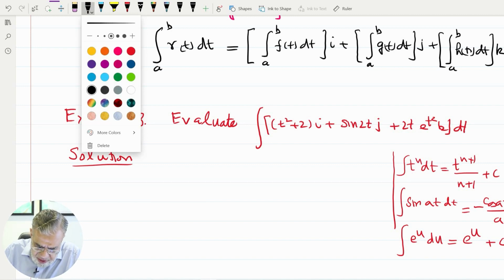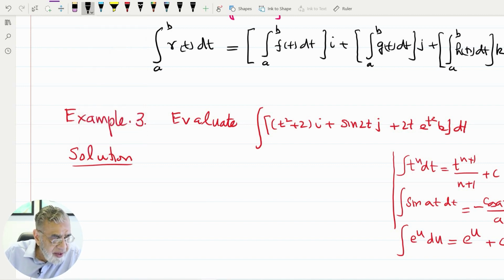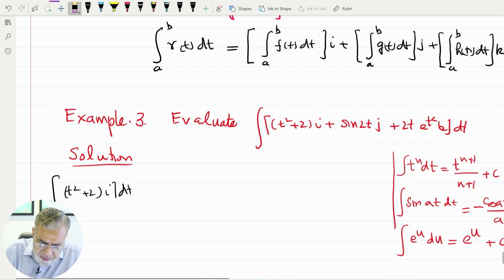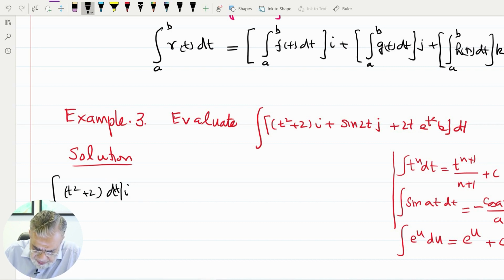So first is the integration of the first term. We are having here this equal to t square plus 2i, and I write here dt. This is my first term. So dt, I component wise, and then I am having here the second term is plus integral sine 2t dt,